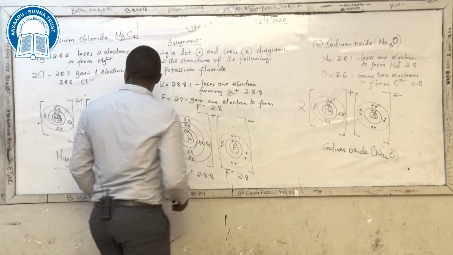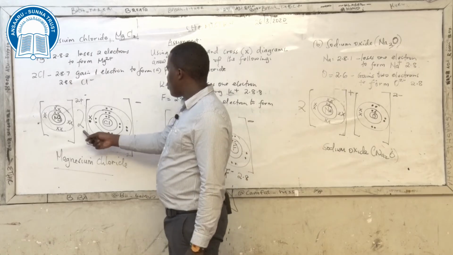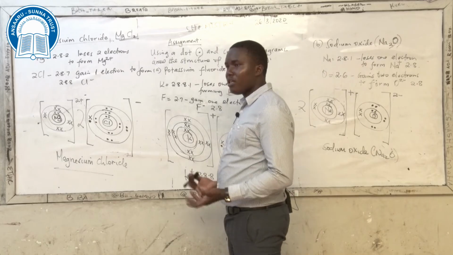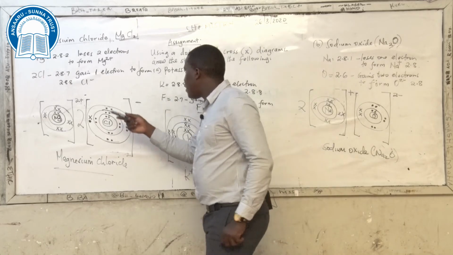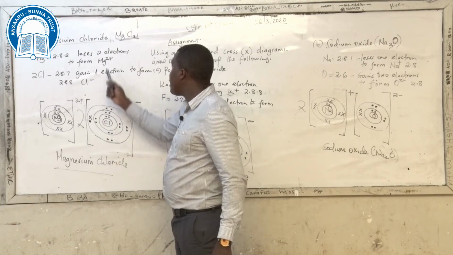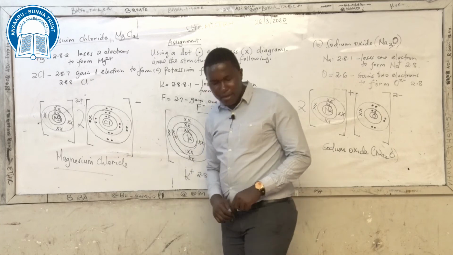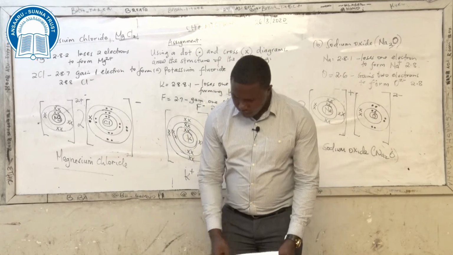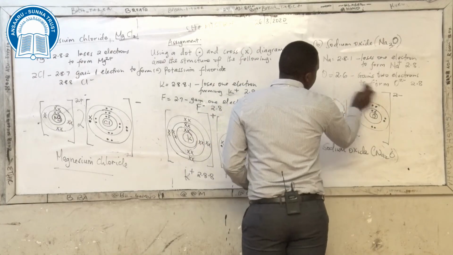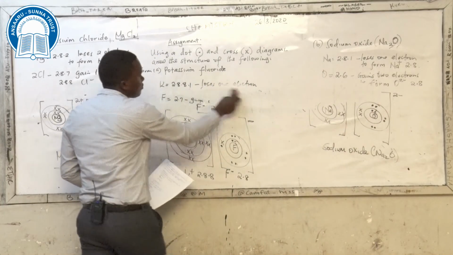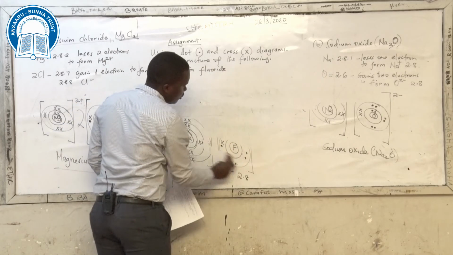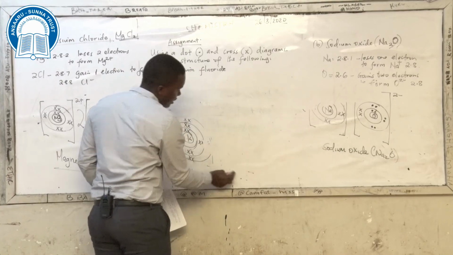So now, having known how to use the numbers here, because once you lose 2 electrons, there must be complete transfer. That is when the ionic bond will be formed. And that complete transfer means that if 1 chlorine requires 1, then you need to use 2 of the chlorine atoms to gain the 2 electrons that have been lost by magnesium. So now you can as well try to also draw and use those numbers appropriately